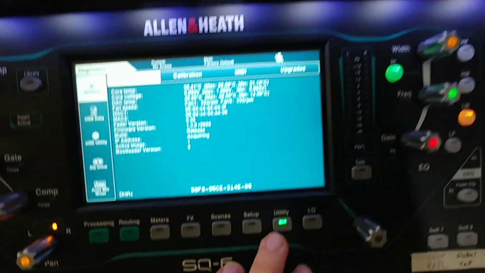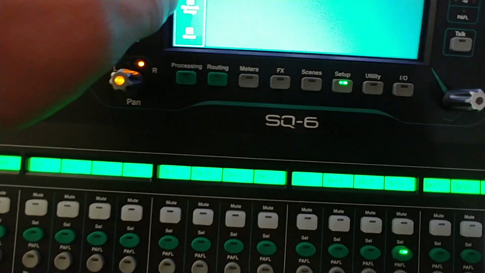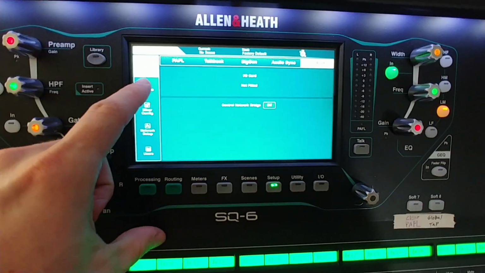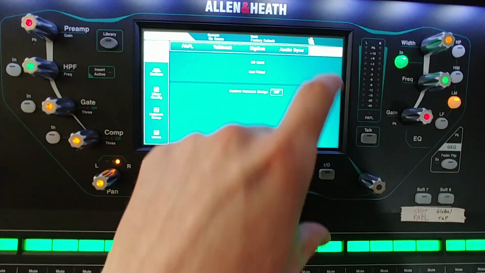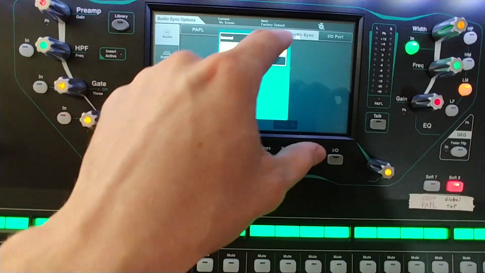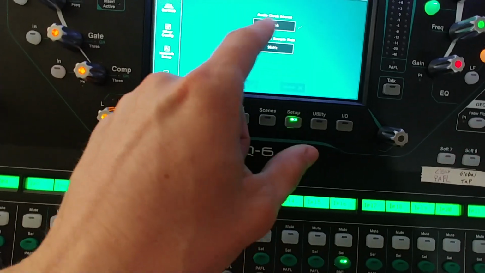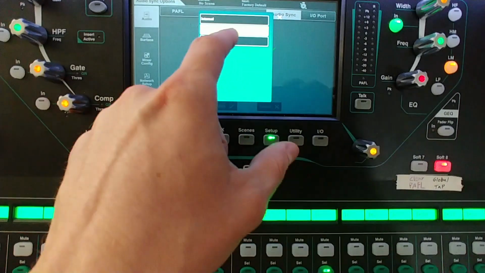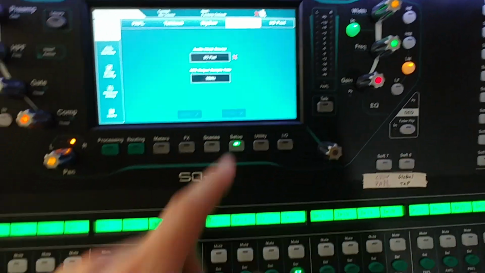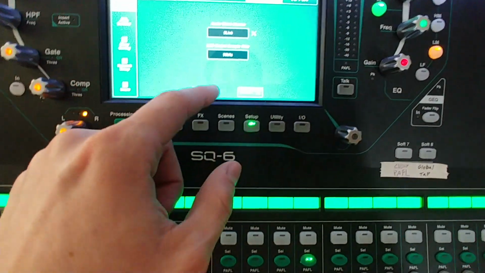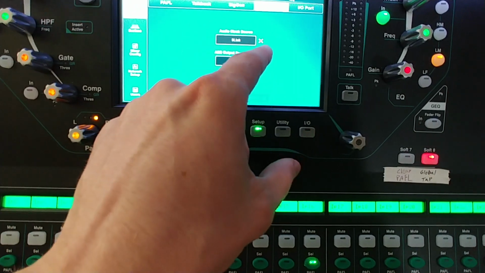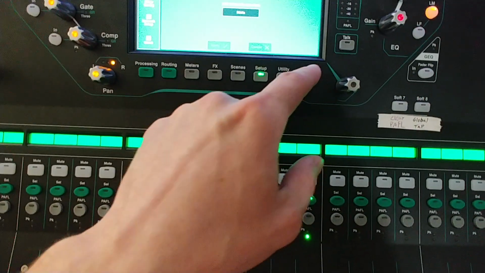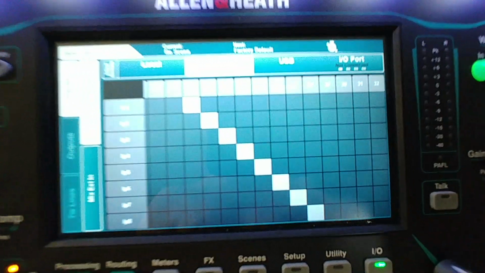the first thing is under setup. So setup, and then audio, and then audio sync. Select sLink, and then that's different, and then apply, and then it should come up with a check mark. If it doesn't, then it's got the wrong source or something's messed up. So it'll apply, and then it'll check, and then it'll go green. Then the next thing is to